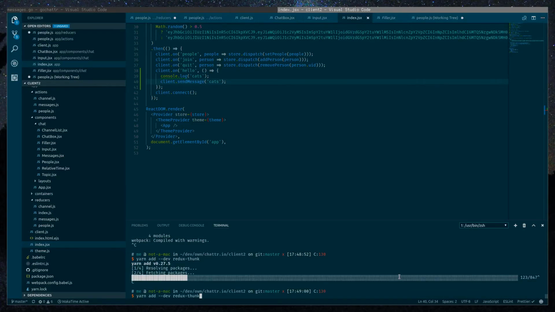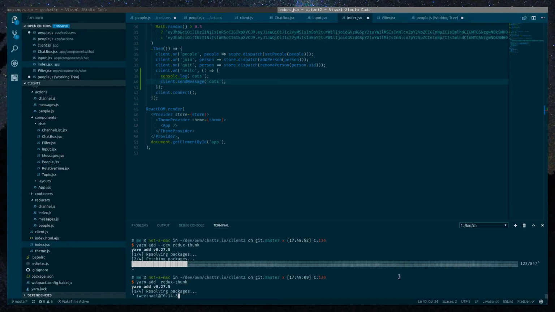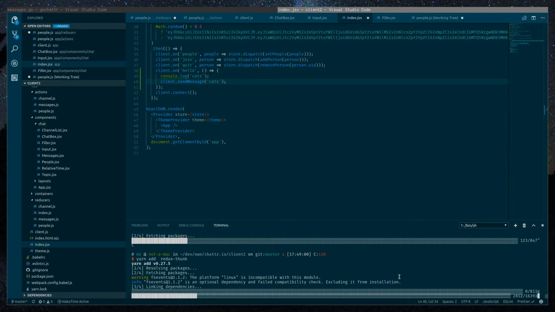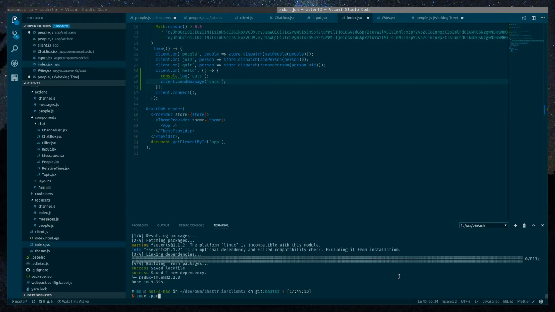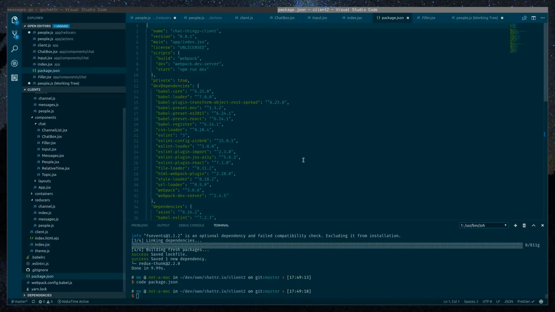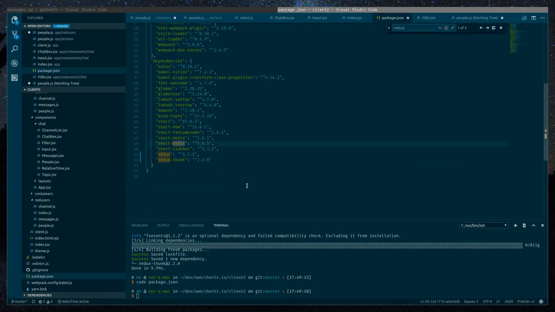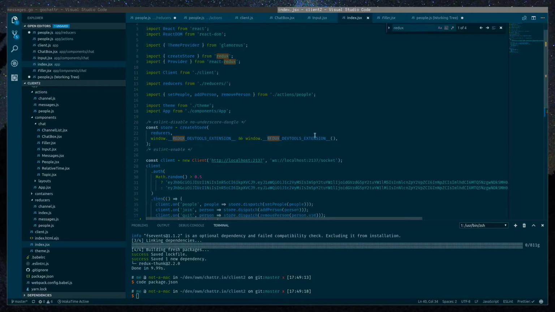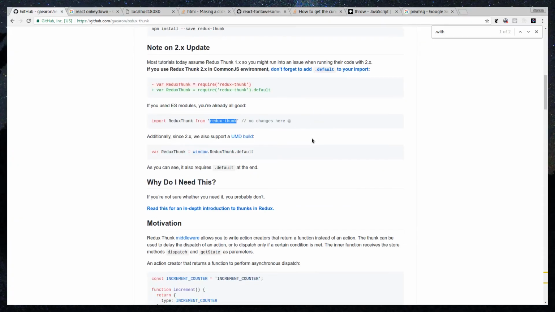Or is it? Wait, it's not. It's not a dev dependency. Let's open package.json to see Redux. Okay, it's where it should be. And now